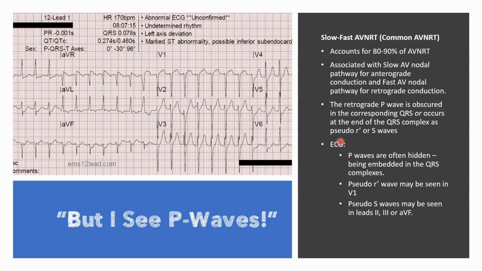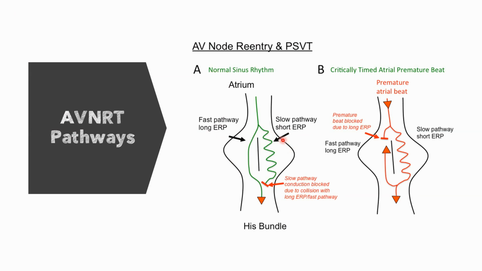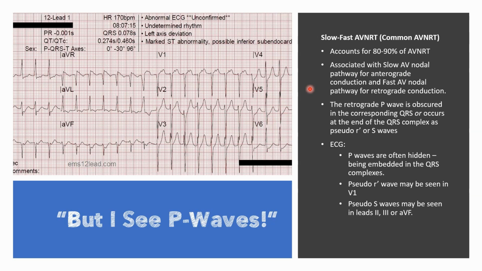So look here, you see, and depending on the pathway that it takes, whether it goes this way or goes this way, determines where you'll see the P waves, or if you see them at all. So the slow-fast pathway is the most common form, and we kind of described the pathology of it, but the retrograde P wave is obscured in the corresponding QRS or occurs at the end of